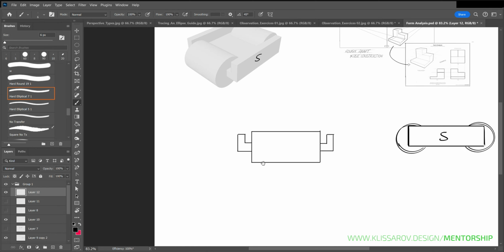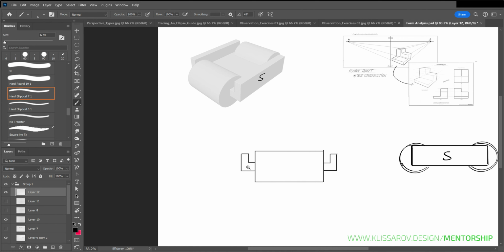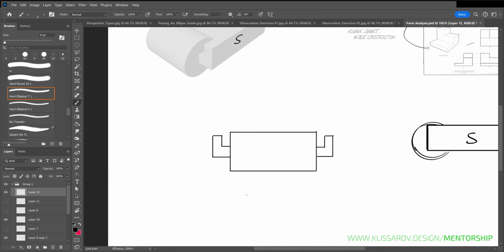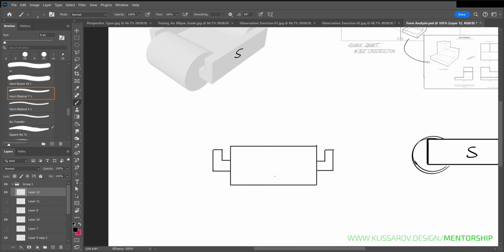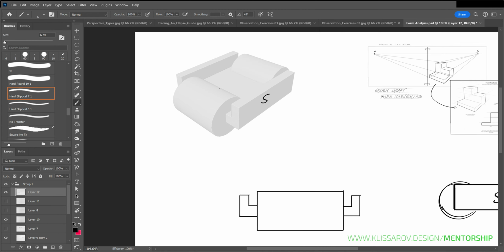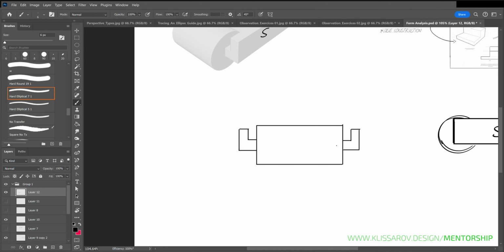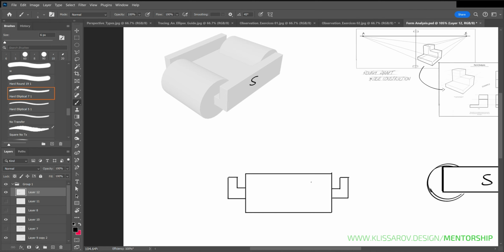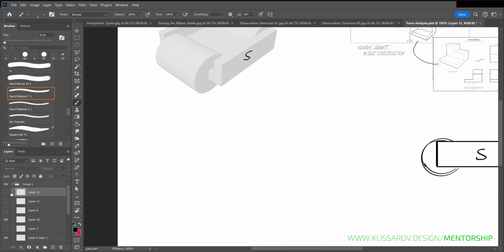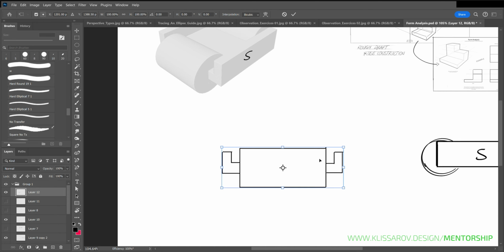Now when I look at it, one of the things that I don't like, because again the objective is to go back and forth between seeing what you're doing, analyzing what the object is, sketching it, representing it, and then reanalyzing if what you have done is correct or not. One of the things that I don't like about what I have done and analyzed is that